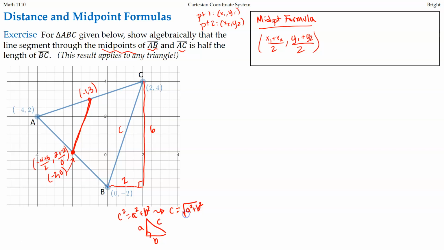Do not distribute the square root. That's an exponent. Remember, we don't distribute exponents across addition. Moving on, in this right triangle, that's going to be 2 squared is 4, plus 6 squared is 36, so 4 plus 36 is 40. So in this case, I end up with c is the square root of 40, or better yet, reducing, 2 square root of 10. Okay, now, other than using geometry,